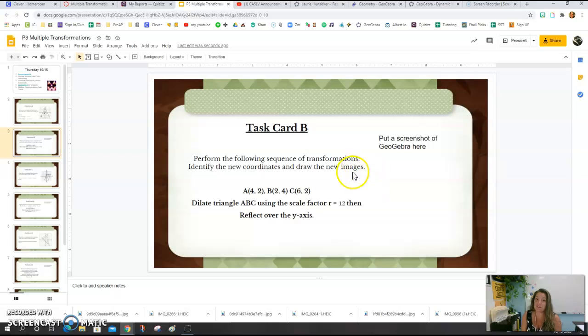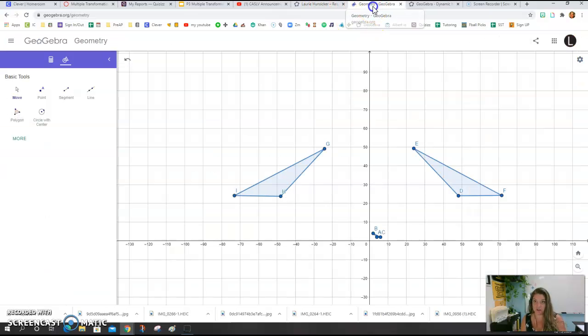Okay, so the first thing you need to make sure that you do is that you're on the right window that you want to screenshot. So I have to go to my GeoGebra window. So that's this tab, and so here I am. So what I'm going to do now is go down to the very, very bottom, and I'm going